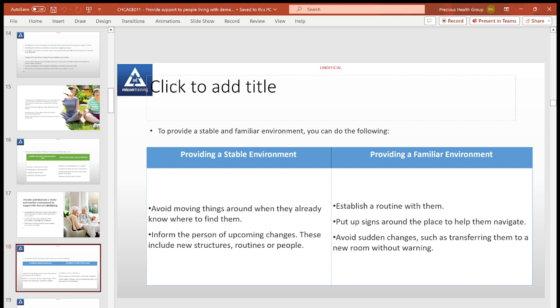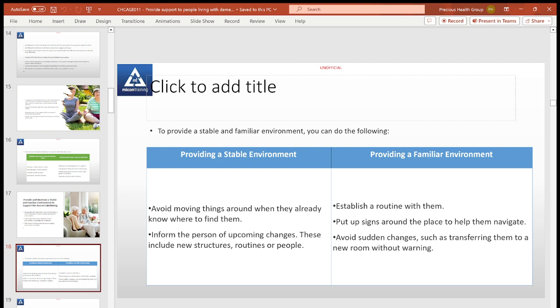One, avoid moving things around when they already know where they can find them. Two, inform the person of upcoming changes. These include new structures, routines, or even staff members, so that they don't feel, oh my god, what is happening? So that you can keep them